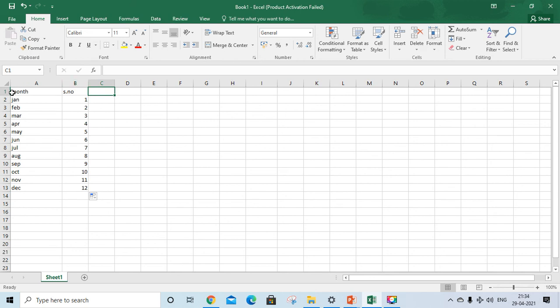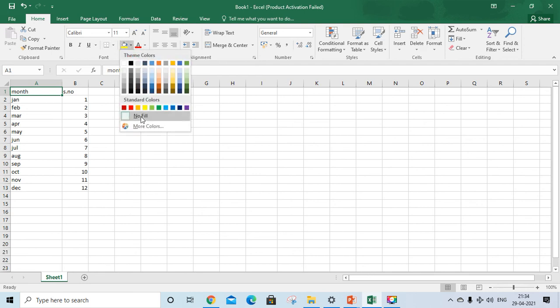Now only the first month is there. I want only this cell in color, so I'll select this. See, when I go to the edge of the cell, only then I'll get the color option. When I click inside the box, I won't get the color option here. But when I click on the edge of your cell, only then I'll get the color option. That means you can fill that month with whatever color you want.